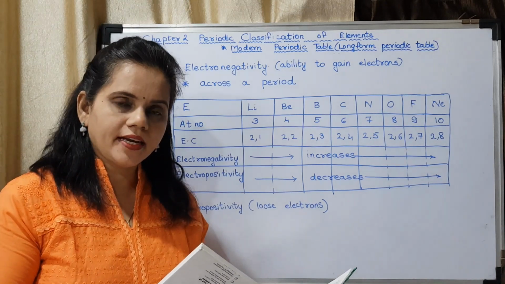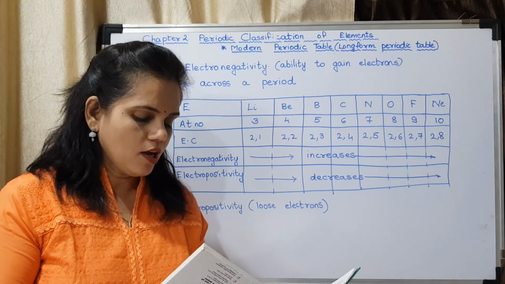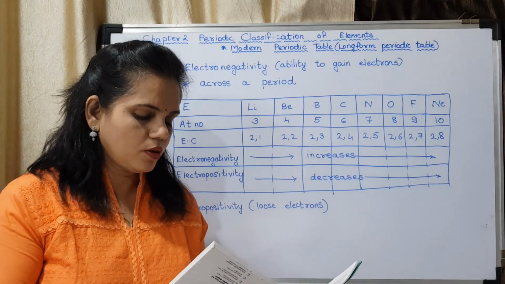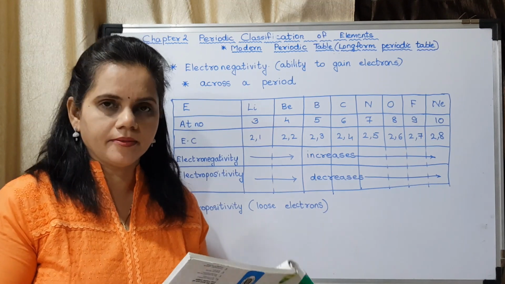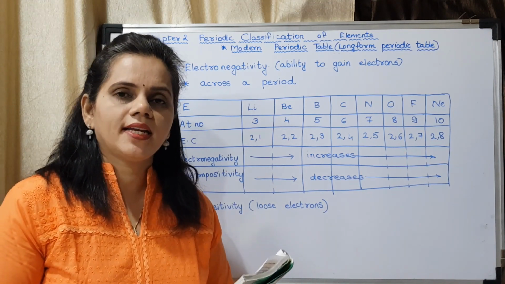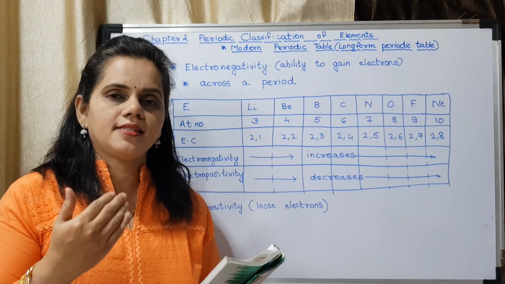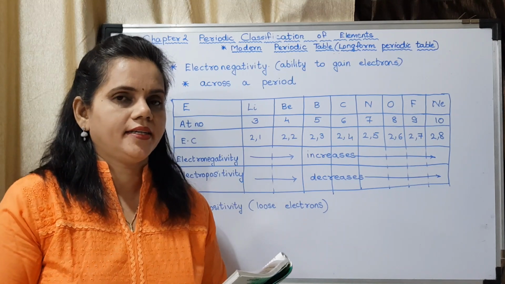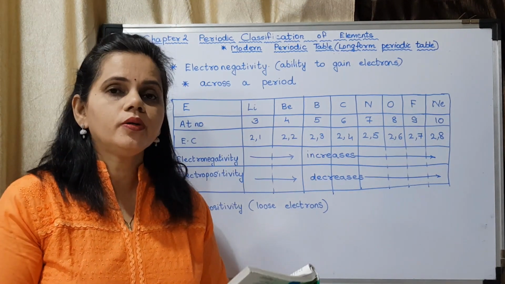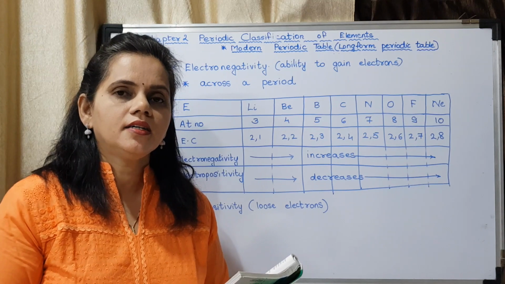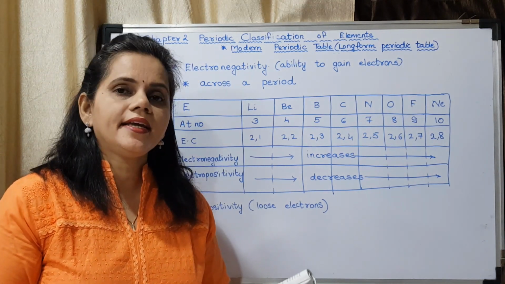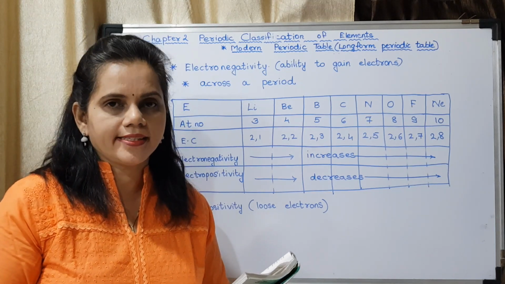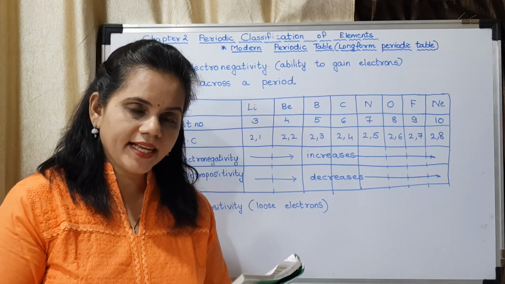What is the periodic trend in the variation of valency while going down a group? Explain your answer with reference to group 1, group 2 and group 18. So what happens to valency when we go down a group? It remains the same. For group 1, the valency of all the elements is 1. For group 2, the valency of all the elements is 2. For group 18, the valency of all those elements is 0. So these are the answers. Now we may move on to the next homework.